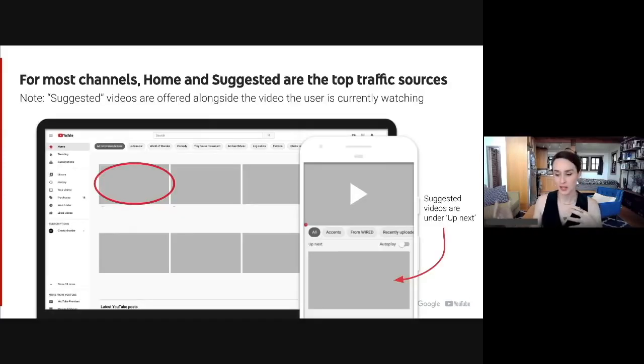Throughout this presentation, I'm going to use the word recommended or recommendations a lot, and I wanted to clarify what I mean when I say that. So recommendations, when I say that, I'm referring to the homepage and suggested, or the videos that are algorithmically offered up to viewers that they may want to watch on the page when they open youtube.com or the mobile app, which is home, or the recommendations that are shown alongside the video the viewer is currently watching. So that's what suggested is. Suggested on desktop is like the panel on the side,